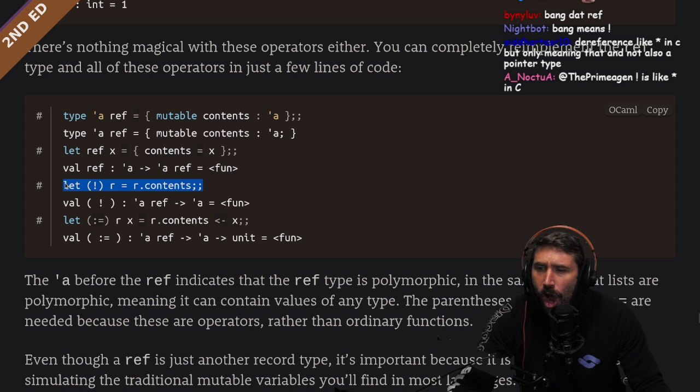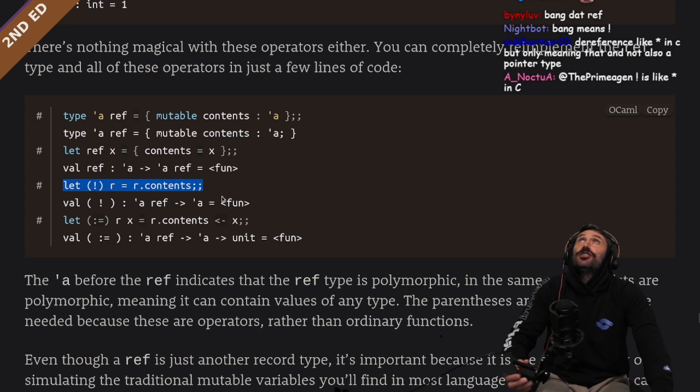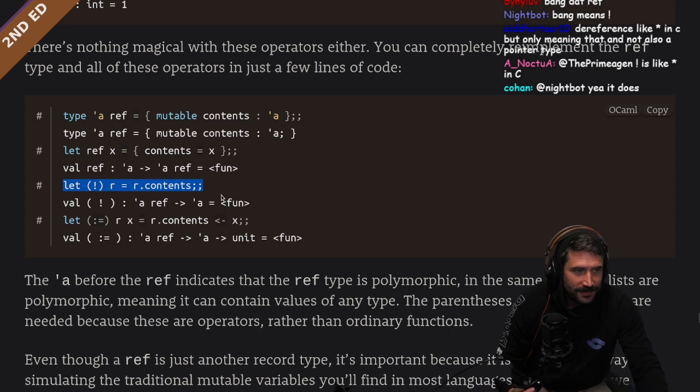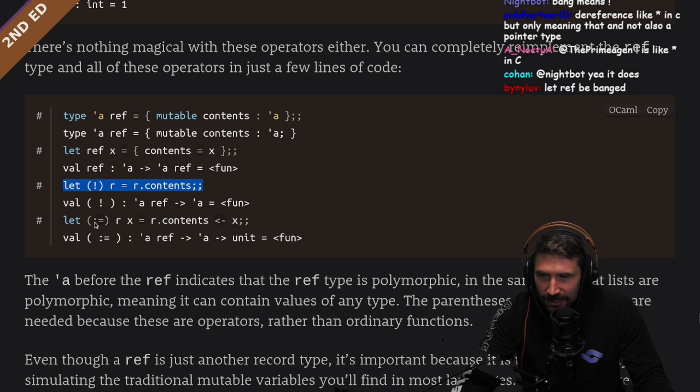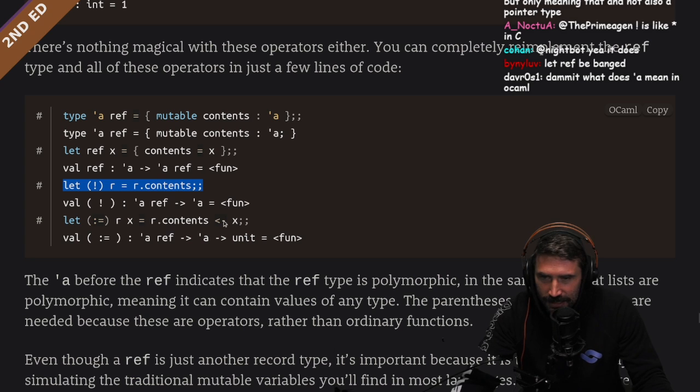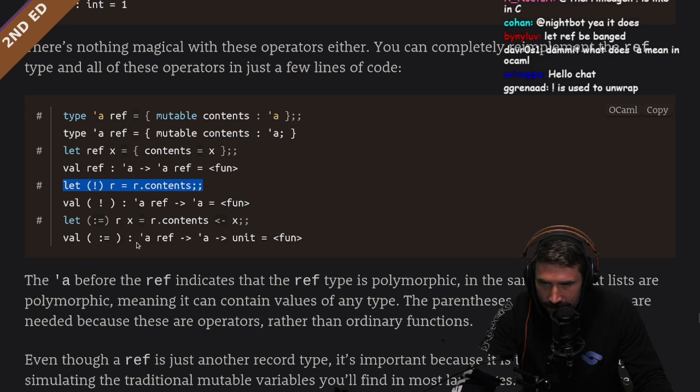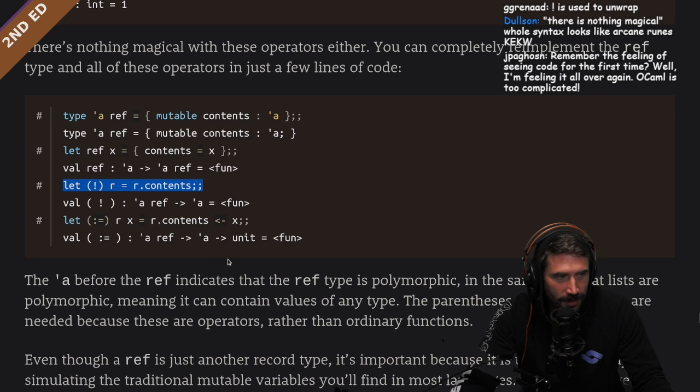Oh my goodness, you just defined an operator. Okay, love it. Let colon equals r x equals contents goes into this one. Oh my goodness. This is cool.